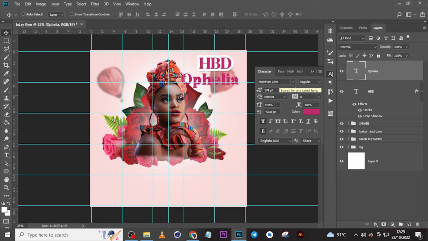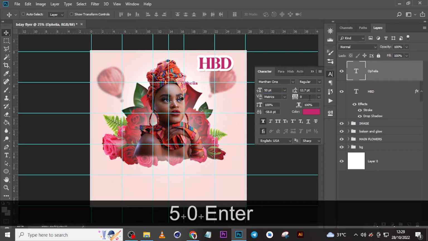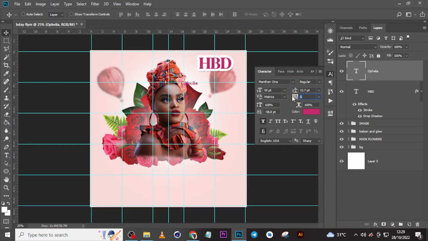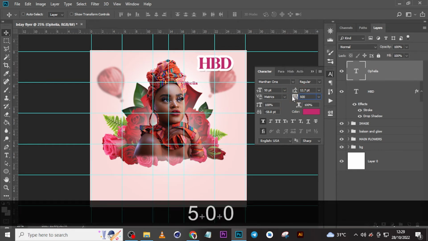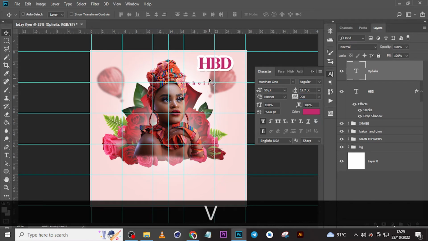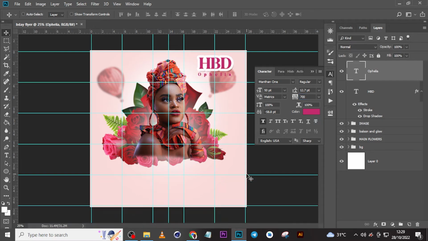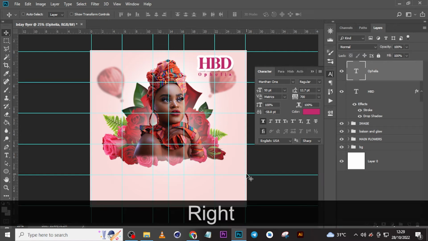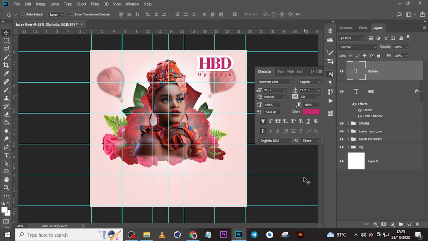Okay, so now with this particular font, we still want to make sure it is regular here. The font size, let's reduce it to 50, and then over here let's set it to 700. Make it longer. Then we can drag it somewhere here. Now with your own eyes, find a way to make sure it's in the middle, and I think that is good. Also, we need to click over here to make it bold,